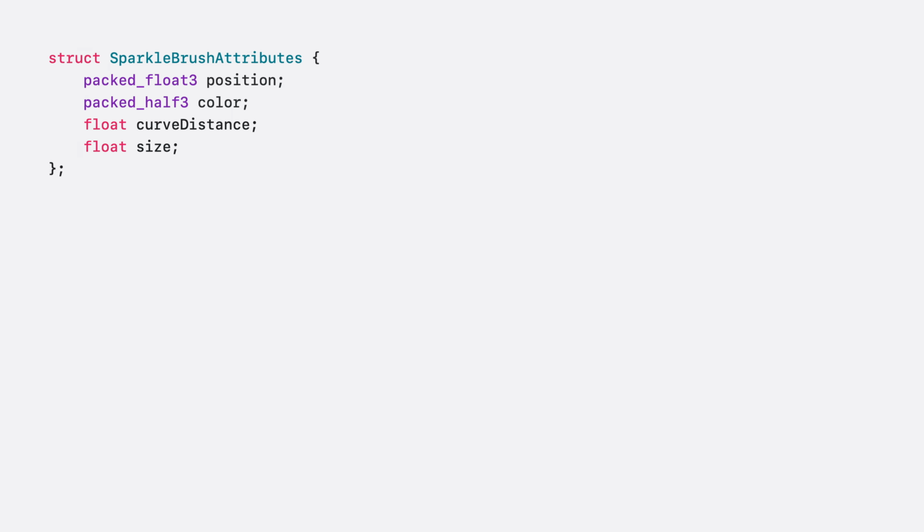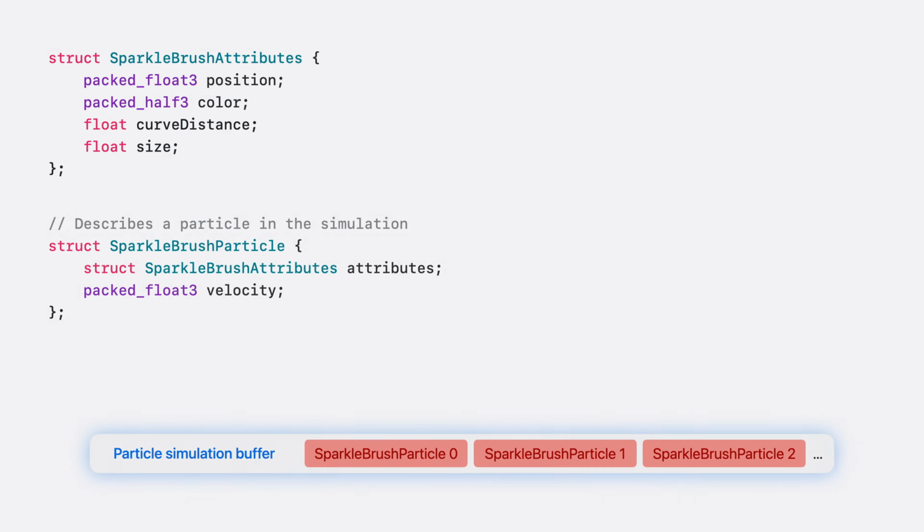Let's go into detail. The sparkle brush contains a list of per-particle attributes like position and color. As before, we include the curve distance parameter, as well as the size of the particle. Our GPU particle simulation uses the type sparkle brush particle to track the attributes and velocity of each particle.